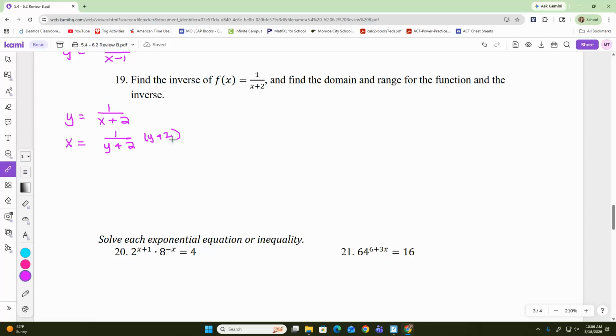Are you guys following along, correcting any mistakes as we go? Okay. So we get xy plus 2x equals 1. I'm trying to solve for y. Here's the only place that has a y. So we can subtract the 2x. To get y by itself, all I have to do is divide by the x. So instead of y, we put